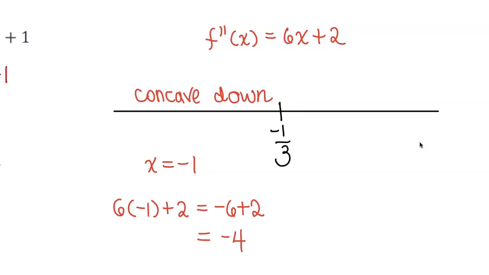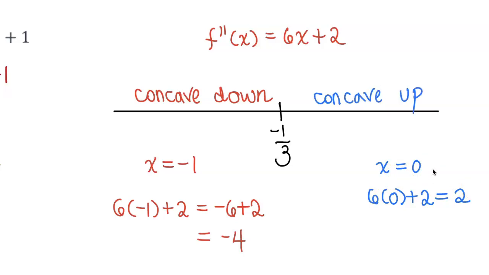Okay, now let's pick a number that is to the right of -1/3. Pick a number that's bigger than -1/3. 0 is bigger than -1/3. So I will plug 0 into this second derivative. That will be 6 times 0 plus 2, and that is 2. And looking at a positive second derivative, we know this interval that we picked this x equals 0 from must be concave